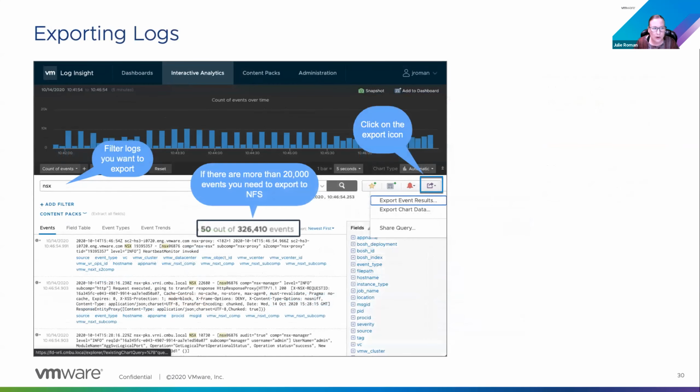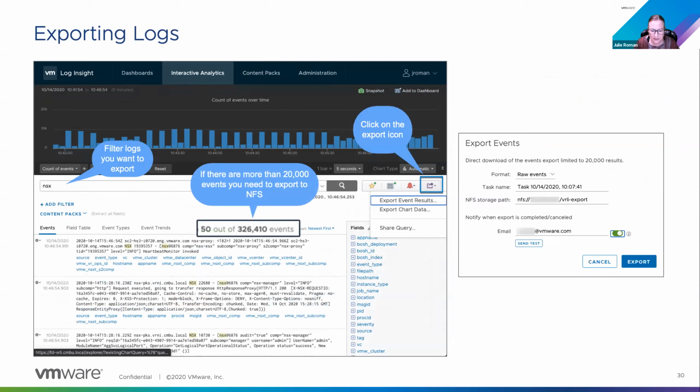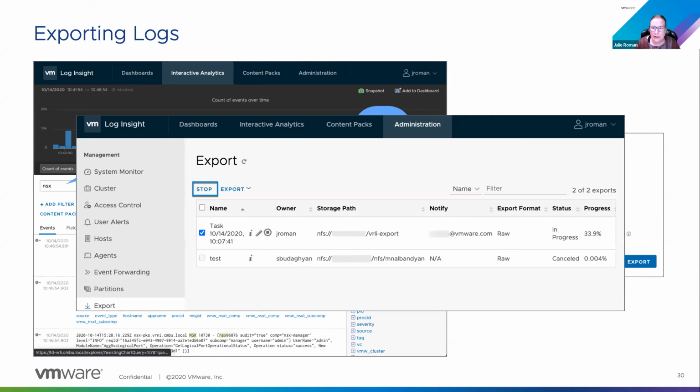I already covered exporting logs. You pretty much covered that data. But if you do want to manage the exports, you'll get an email notification. This was, I want to say, 8.2, we added email notifications so you'll know when it's done and you don't have to sit there and watch the export, because if you're doing millions of logs, obviously that could take some time. You can also go in and cancel the export if you decide you no longer need that information.